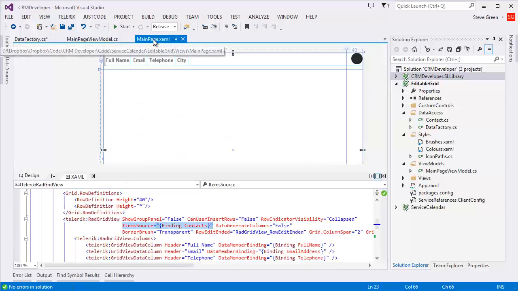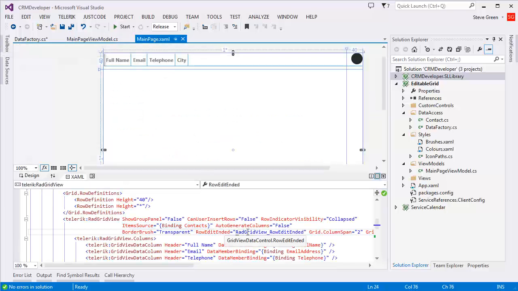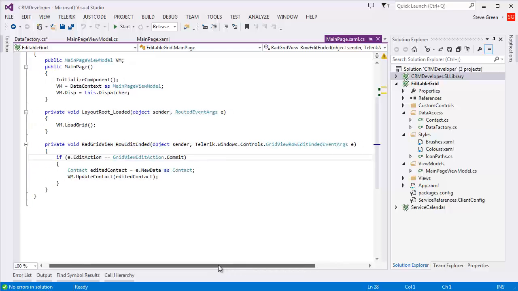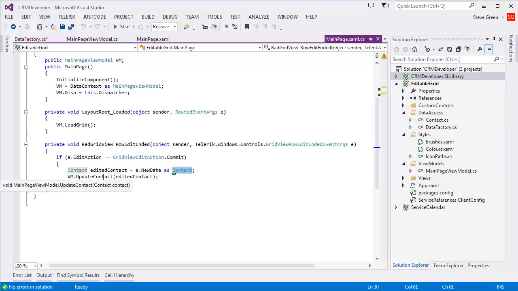The other thing is on the, you saw this row edit ended, where if I press F12 on it, so when we go in and edit a row, this is a standard Telerik event handler. I've just done if the edit action is a commit, and then I simply cast the new data, so the row that's been edited, because it's an object type, cast it to the type I know that it is, which is the contact class, and then I call my update contact method in my view model and pass in the edited contact that we've just, so the row that's been edited, pass that to the update contact method, which if